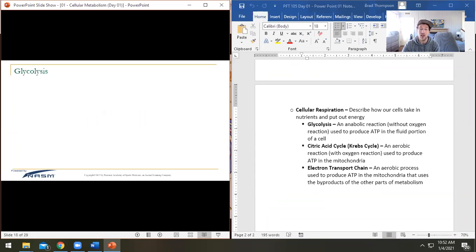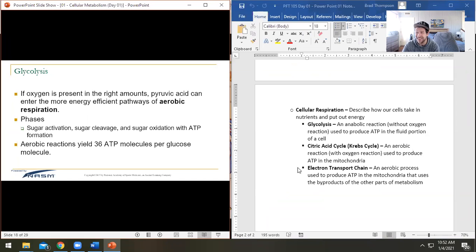And here's the thing. We often think of lactic acid as a bad thing because it makes us burn. You're like, oh God, lactic acid. I just want to get up the hill. You're walking up the hill and you're just like, oh, it burns. So a lot of people don't like lactic acid. But here's the thing. Lactic acid's awesome because it's going to allow you to produce more energy with these two